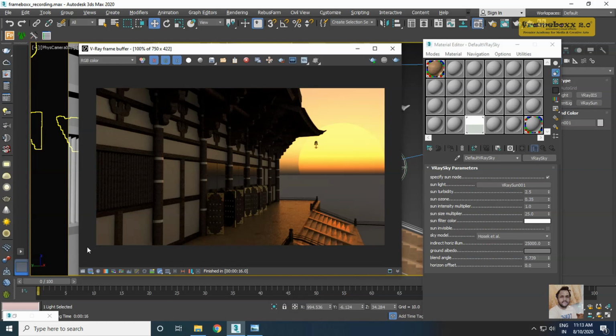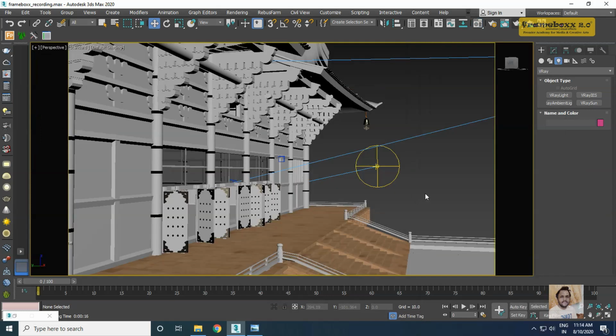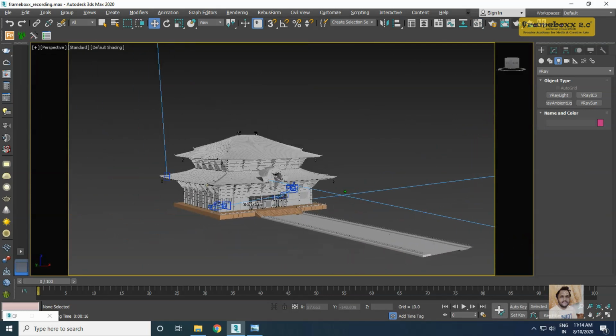This is how you can utilize V-Ray Sun and Sky inside 3ds Max. This is the easiest way of lighting. Trust me students, I have been working with V-Ray Sun since very long. I have also used this in my personal architectural projects and it works like a wonder. You don't have to go for fancy rigs or HDRI setup or anything. Just take a V-Ray Sun and just put a V-Ray exposure node and you are done. So I request students, if you're just starting out with V-Ray lighting, you can just try V-Ray Sun lighting. So this was the basic tutorial about V-Ray Sun and Sky.